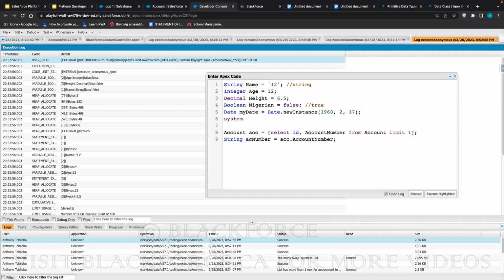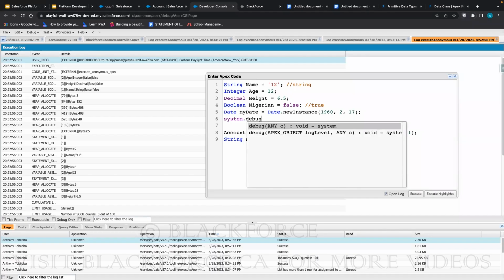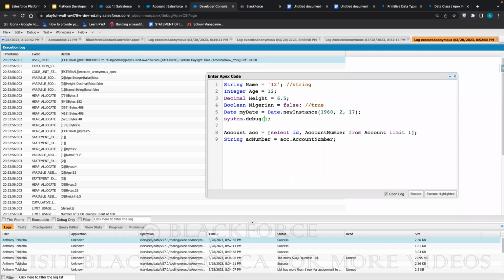System.debug. You see me writing system.debug a lot. It's used for debugging. If you've done JavaScript class, it's the equivalent of console.log. When you want to see something, I want to see my date. I want to know what the result of my date is. So that's why I'm using